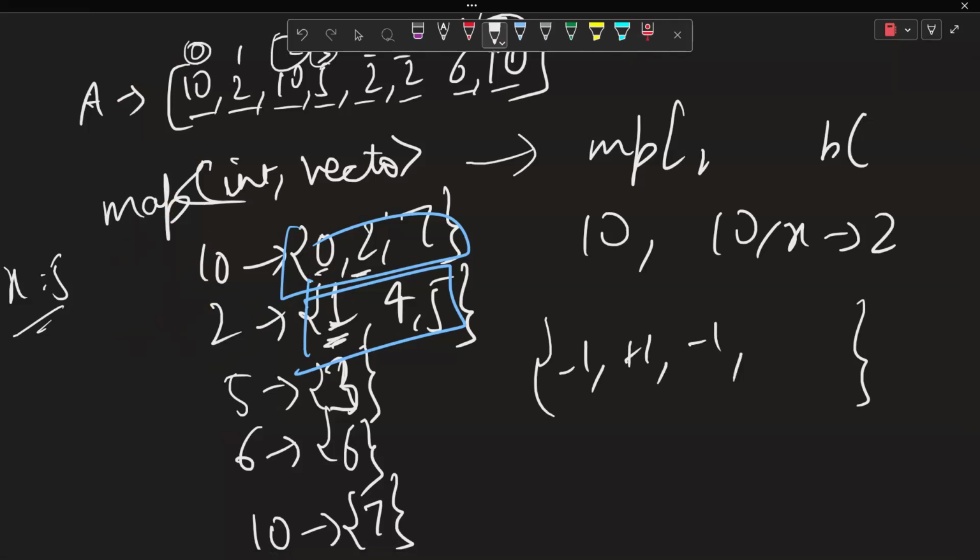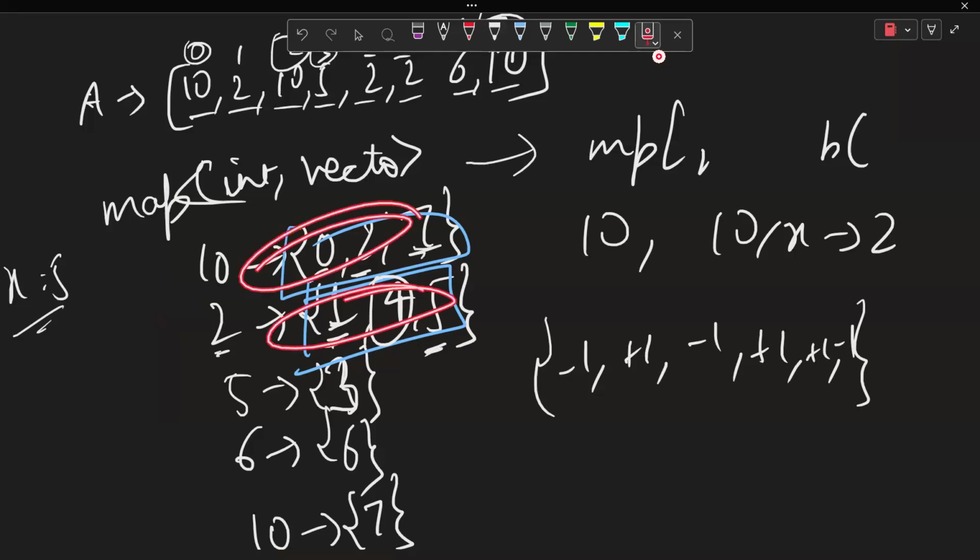Then 3 is not there. The next smallest index we have is 4. So for 4, we have a 2, which is +1. Then the next smallest is 5, +1. Next smallest is 7. So -1. So this way, when we merge these two vectors and